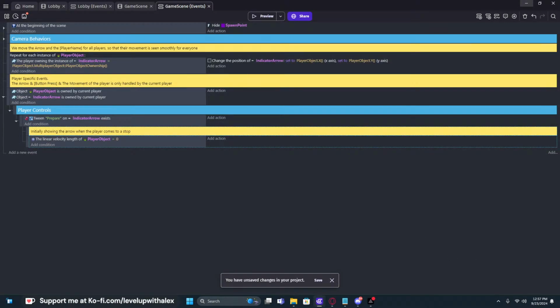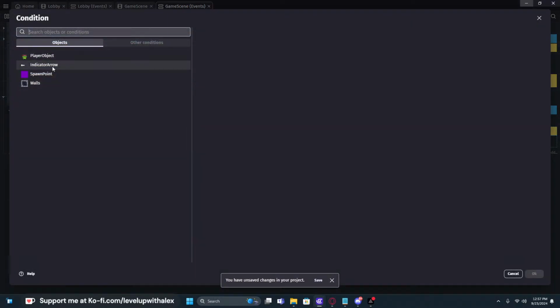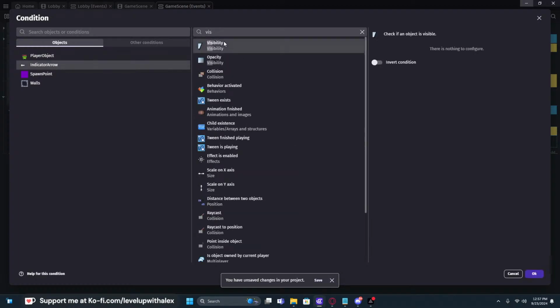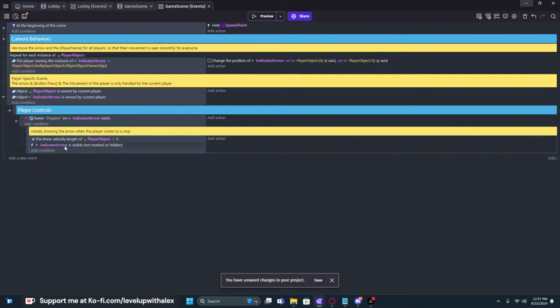So if our player object is not moving at all, and the indicator, so we're not really going to add "and", but I'm saying "and" as in add this as well. So if this and this next step, right? If the indicator, and we're going to type visible, so it only has visibility here. So if it is visible, well, it's not visible right now because we hit it. We're going to invert this. So if it's not visible, so if we're not moving and it's currently invisible,